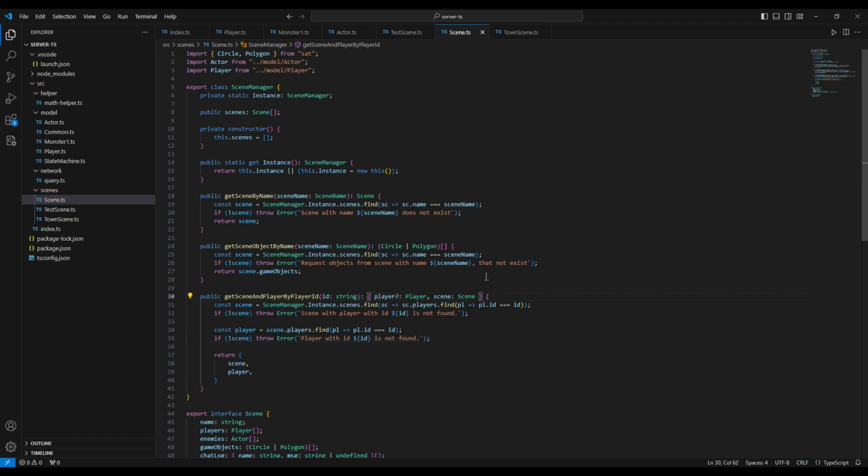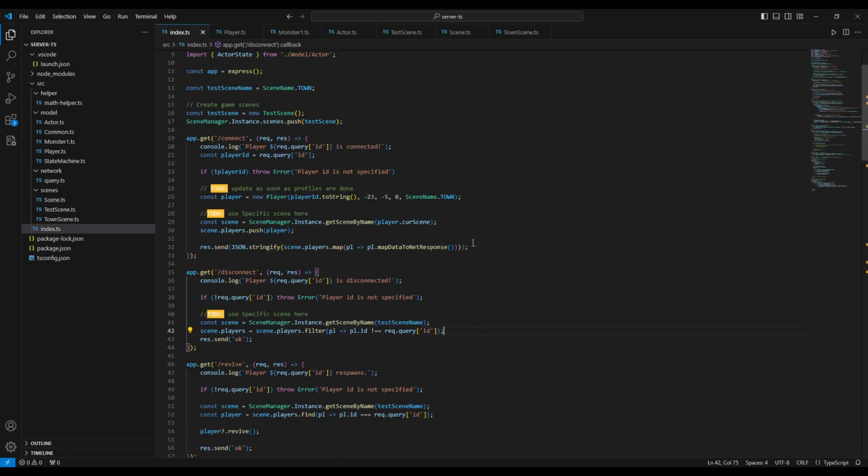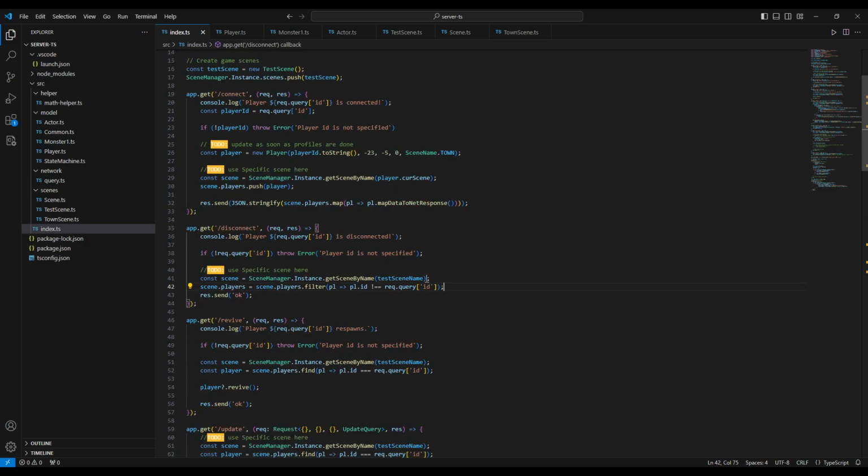No, okay, whatever. Let's just do it like that. We will just check that player is existing inside index. I'm not quite sure. I'm so stupid, TypeScript. No, it's just not TypeScript. It's actually me who is stupid, but whatever. So here we need to do what? We need to